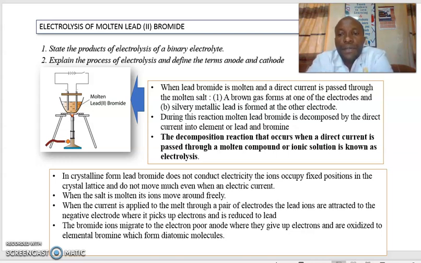Now, in an examination-level question, you are going to be required to draw a diagram showing maybe electrolysis of lead iodide and things like that. What you need to remember is that you have to ensure that you label your diagram. One is that it has to have a cell or a battery. Then there should be two electrodes, and you need to label them inert electrodes. Then you have molten lead bromide or lead iodide, depending on what has been asked. And you should also show that heating occurred. If heating is absent,